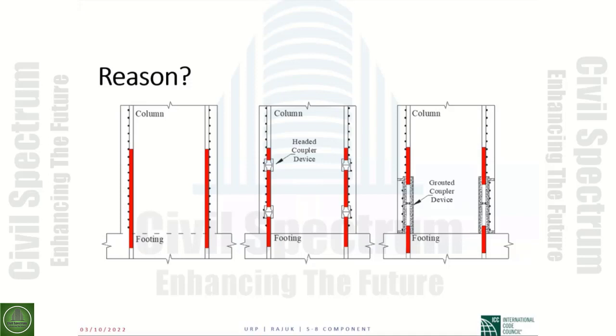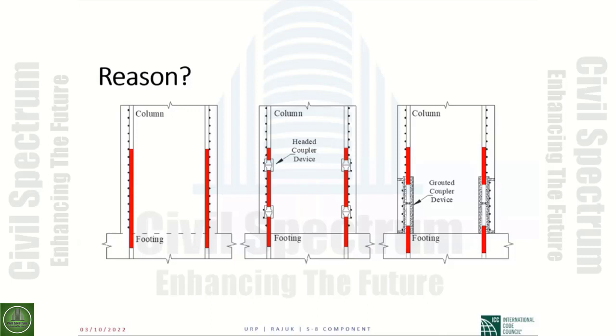So let's take a look at the figure on the left side. The one on the left side shows a conventional reinforced concrete column to footing connection. Under lateral loading, we develop plastic hinges here. The red lines that you see here, these are the yielded part of the column. So under lateral loading, this part of the bar yields, provides ductility, acts as a fuse to limit the forces in the structure. Now,